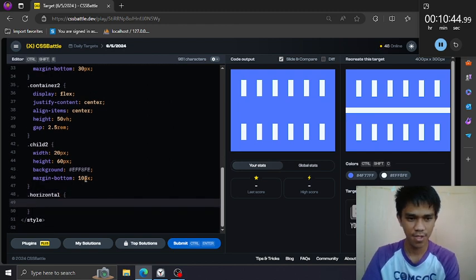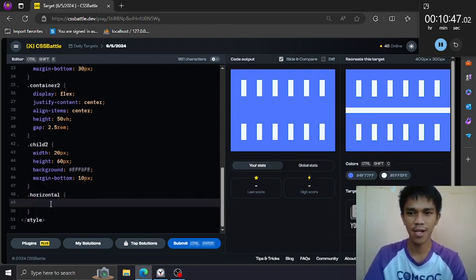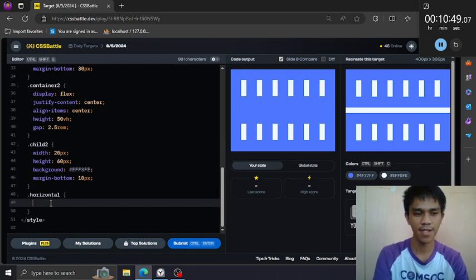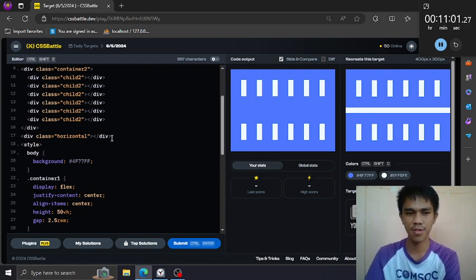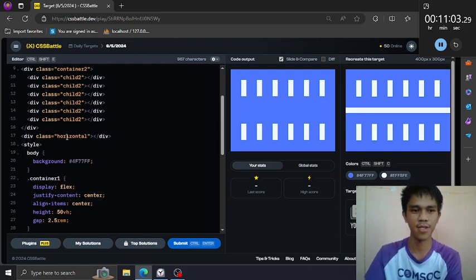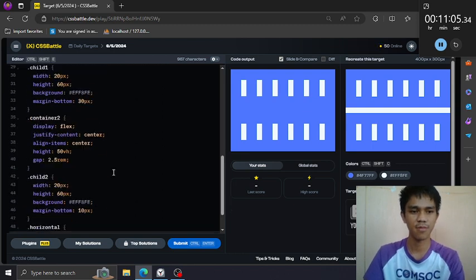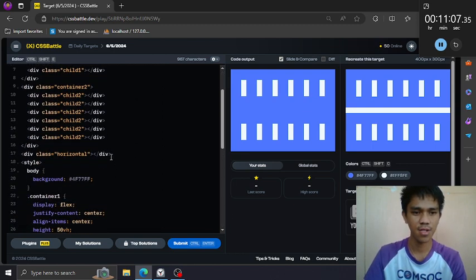What's funny about here is that I'm not sure if flex will do the work or will be effective in this kind of situation. There's only one div. We don't know if this is a parent or a child because it has only one div, but maybe it is a parent. Yeah, this is not a parent.